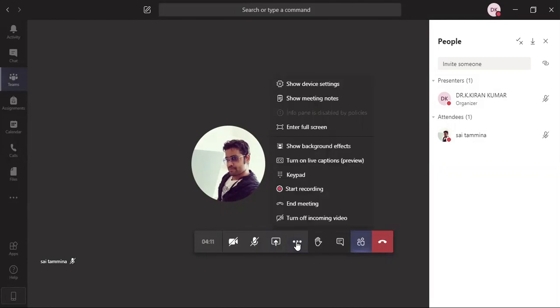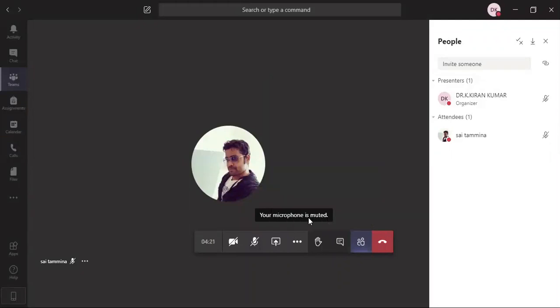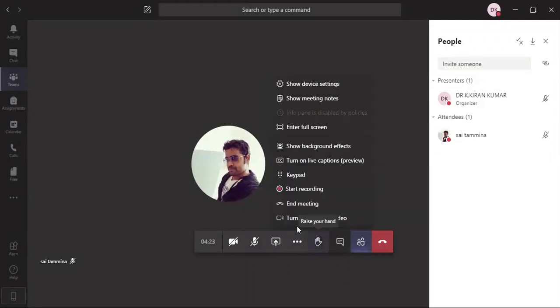And I already told you, if any student is trying to change your screen, what you have to do is click on this particular option, and every time you have to see that your incoming video option is not enabled. See, now incoming video is not enabled for my class. So no student or participant will share anything to the main screen.